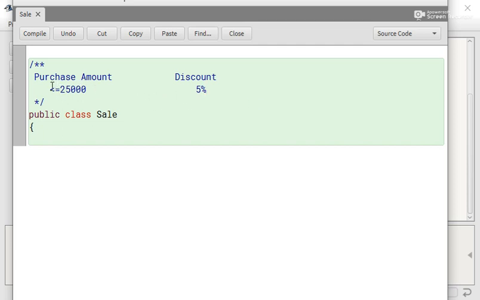If purchase amount is less than equal to 25,000, then discount will be 5%.